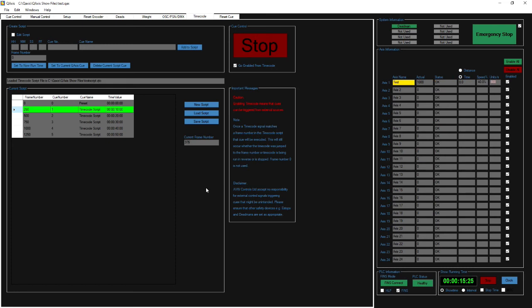That's the first one. Second one. If we want to, we can pause. So we are now stuck at frame 629, just 25 seconds, and then we can carry on if we wish. If we want to keep the timecode going but not trigger any queues, then we can disable the go. And then if we want to carry on again,